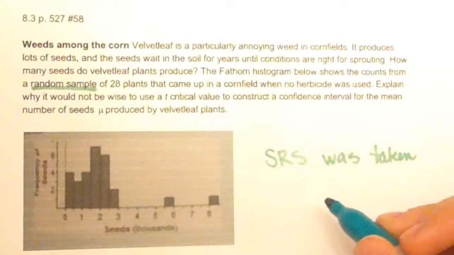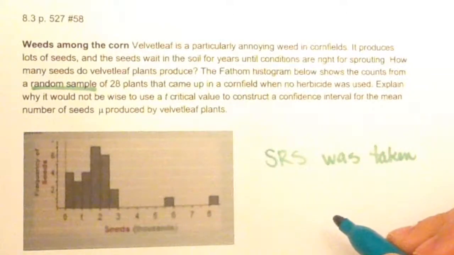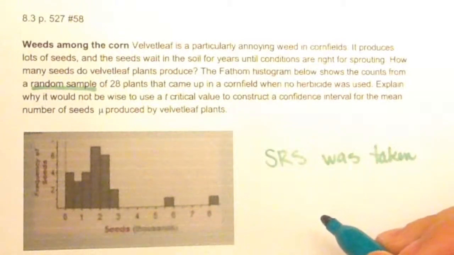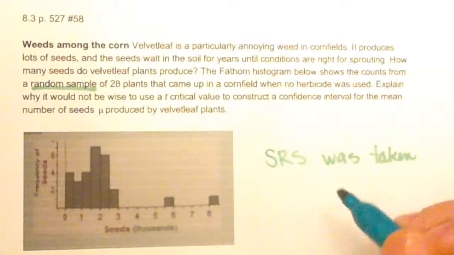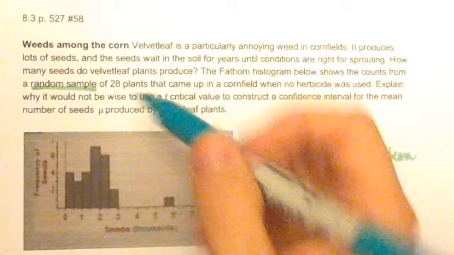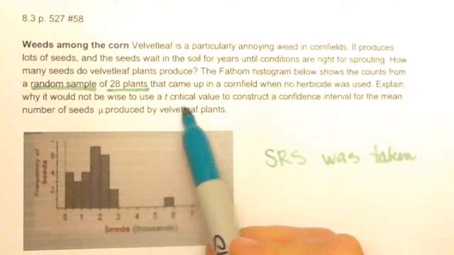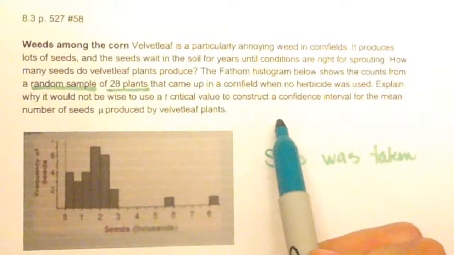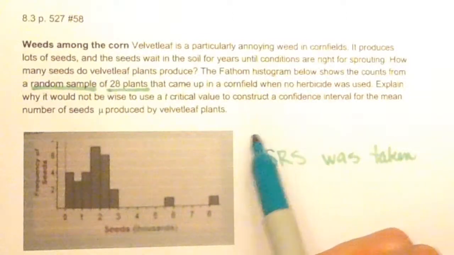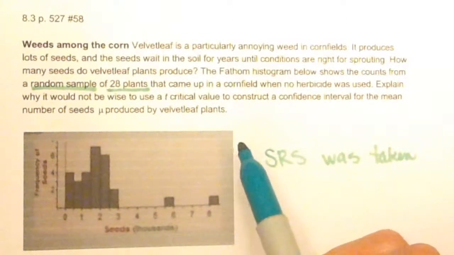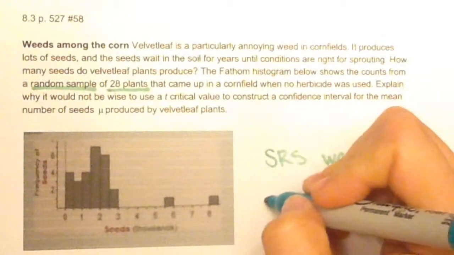Then we would also want to check to see that we can use a formula for standard deviation. That is a 10% condition. We're going to assume that 28 plants is definitely less than 10%. But in particular, to see if we can use a t-critical value to construct the confidence interval, we're checking to see if the t-test would be appropriate here. In order to do that, we wanted to check the large counts